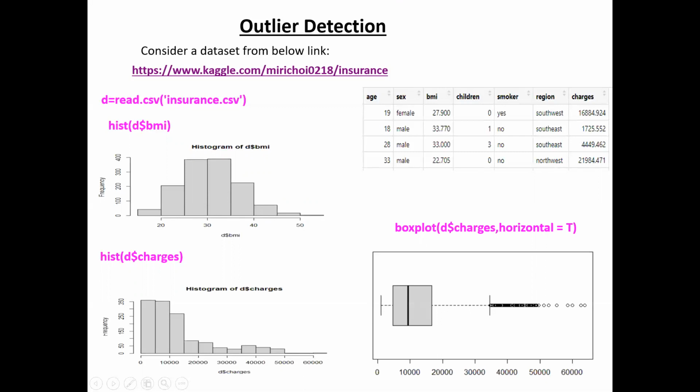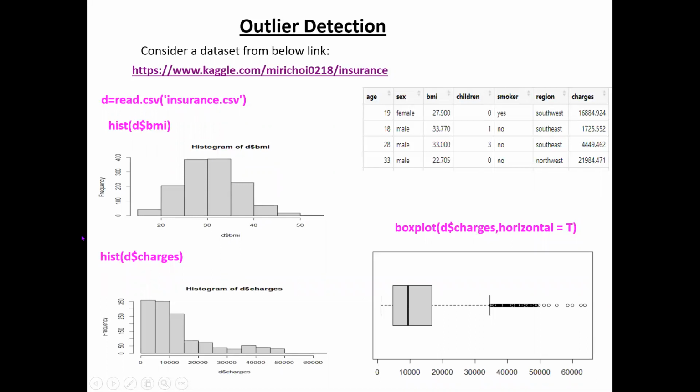See, these values are nothing but the charges values. And what are the circles actually? These circles are nothing but the outlier values. That means most of the charges values are in this range, that is 10,000 to 35,000. But only a few values are above 35,000. So these are the outliers.